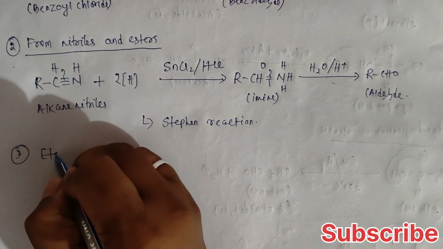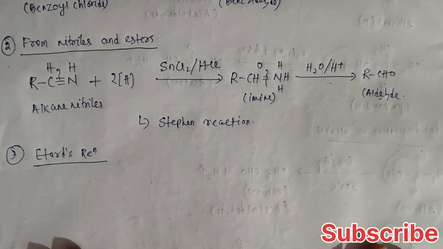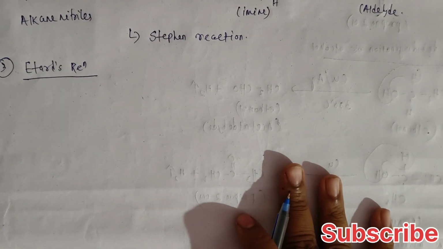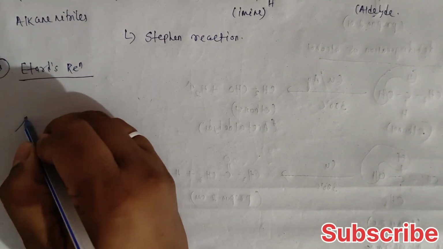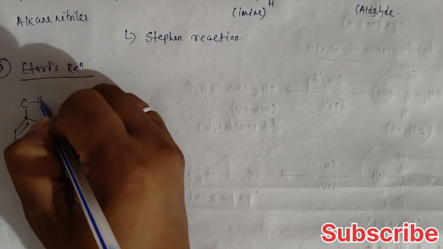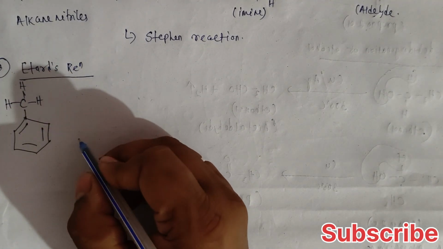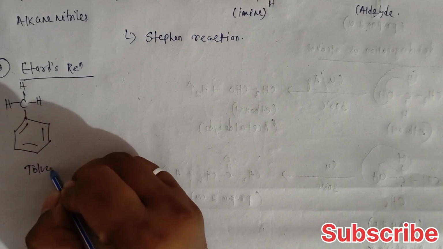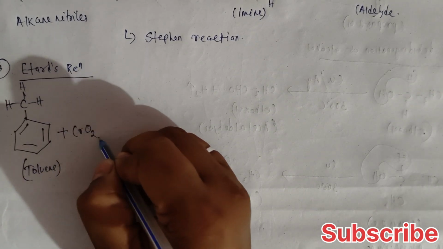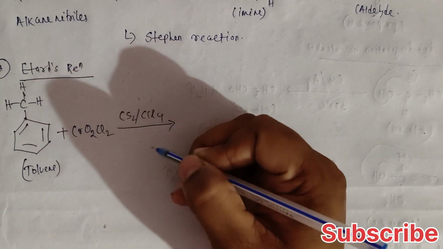That is Etard's reaction. What is Etard's reaction? In Etard's reaction, we have to take an aromatic compound with a methyl group, that is methyl benzene or toluene. When this toluene reacts with chromyl chloride, formula CrO2Cl2, in the presence of CS2 or CCl4,